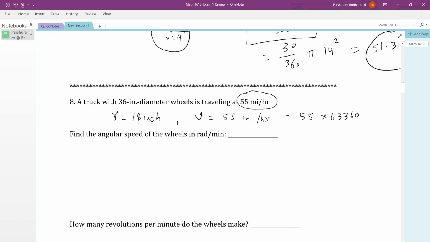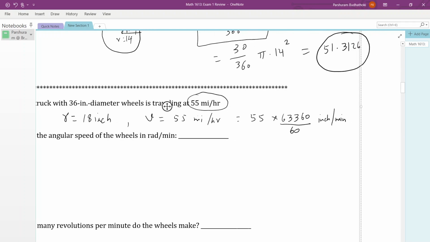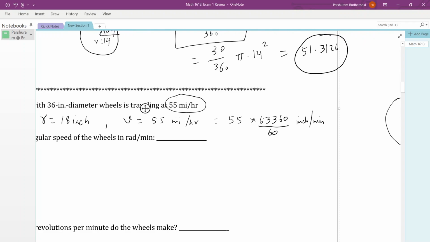And because it's per hour, if you divide it by 60, now it will be inches per minute. We divide by 60 because 1 hour means 60 minutes and 1 mile means 63,360 inches. So if you multiply these two things and divide by 60, you are going to get